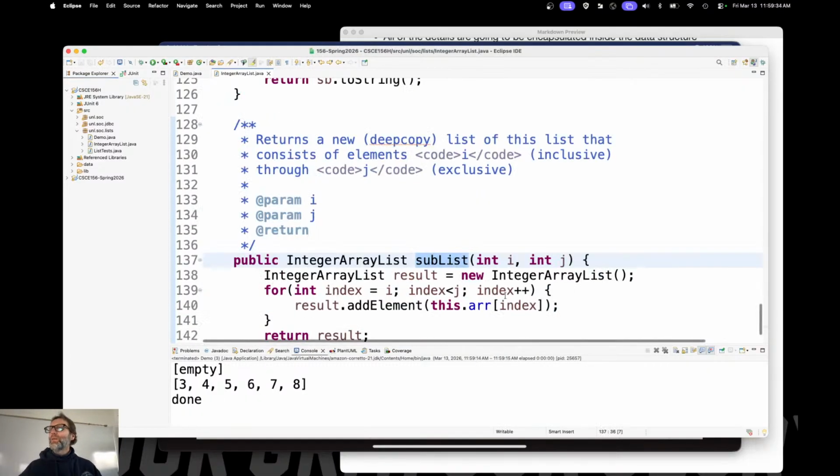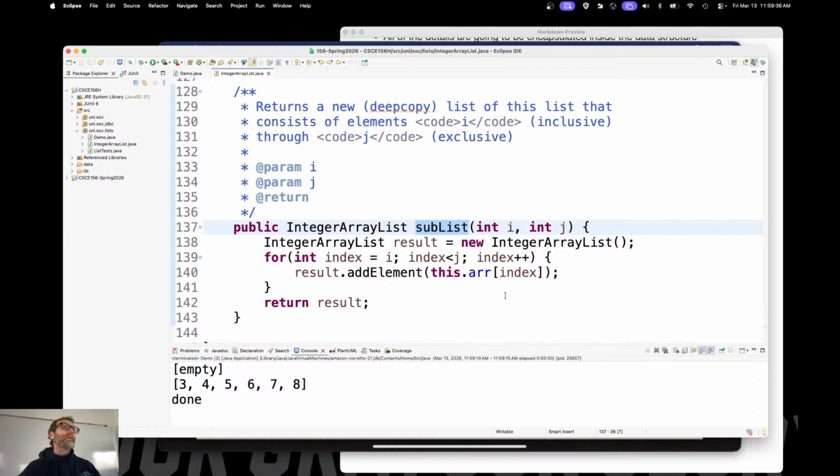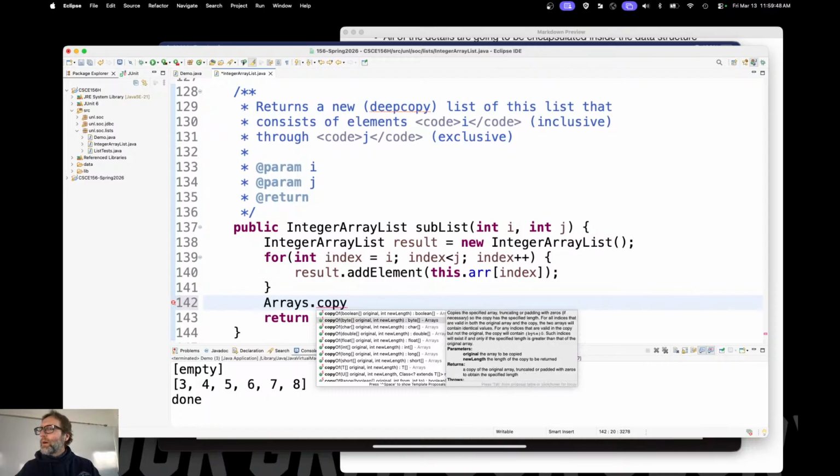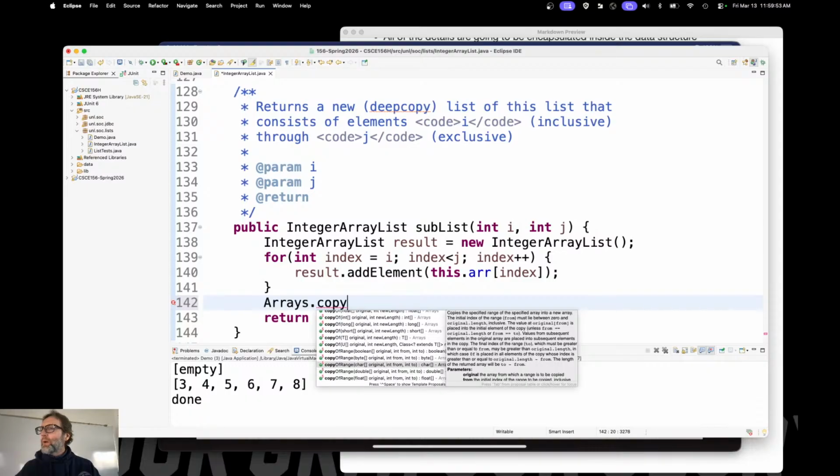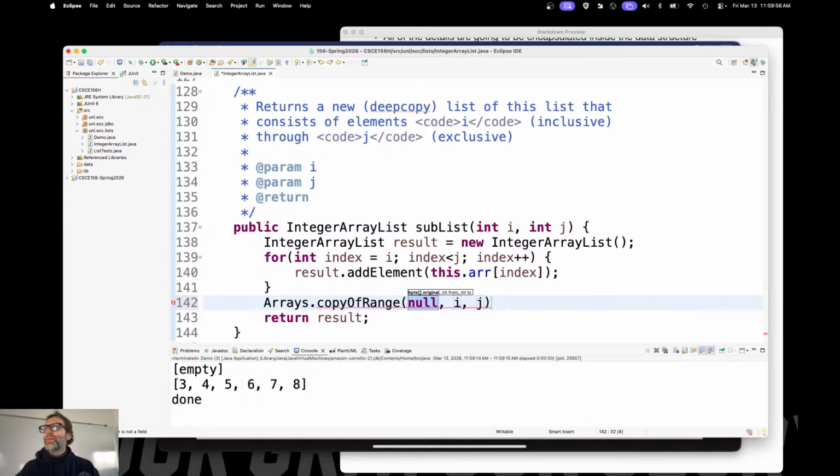Is there a better way that we could have done that, though? There's not a built-in one, like a copy of that would start. Maybe let's find out here. Arrays dot copy of the original new length. It does not. Oh, there we go. Yeah, a copy of range. Good job. This dot array, and we'll go up i to j. That's going to be the array, though, right? So int